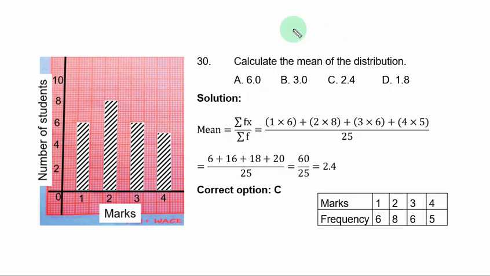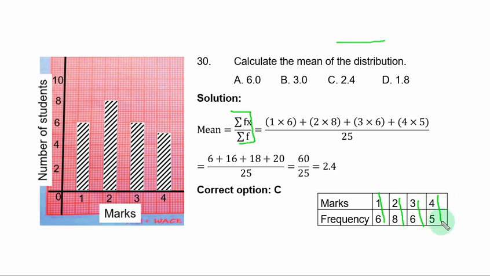Question 30, you are asked to calculate the mean of the distribution. Now the distribution involves marks and frequency. That is grouped data. The mean is obtained using summation fs over summation f. So for the first one, you have 1 times 6 plus 2 times 8 plus 3 times 6 plus 4 times 5 over